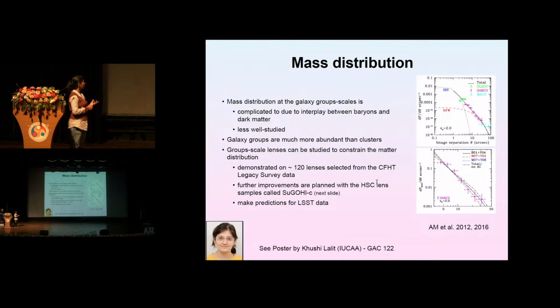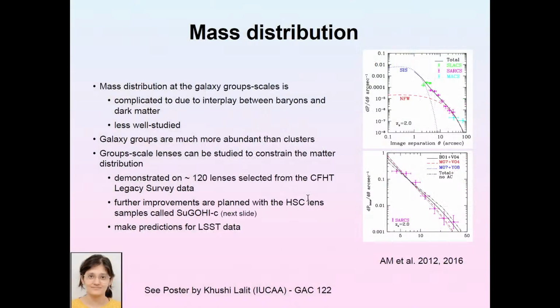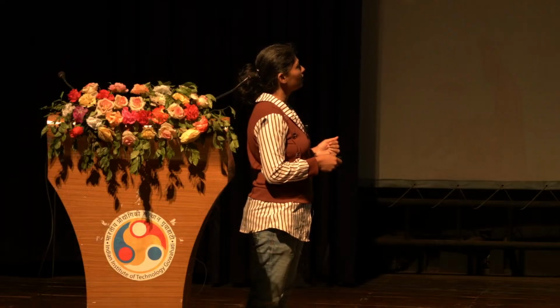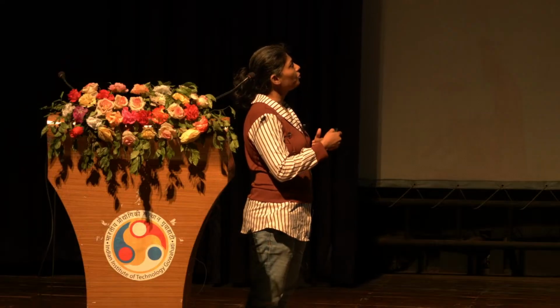But the good thing is that galaxy groups are much more abundant than clusters, and so what we have done is that we have tried to look at the image separation distribution. If we have a large sample of lenses and we look at the image separations or the Einstein radii of this sample and look at the distribution of these image separations, then we can try to get constraints